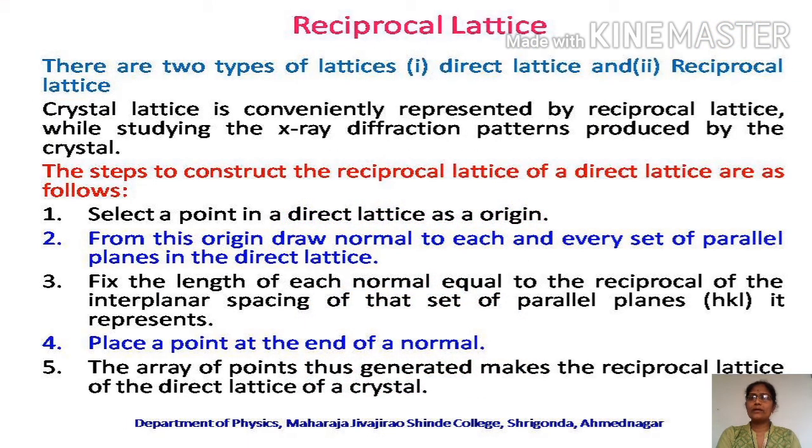As we know, in a crystal there is a regular periodic arrangement of points in space. If we draw lines passing through these atoms, then it will give us atomic planes, and these atomic planes are randomly oriented. The distance between two successive parallel atomic planes is called the interplanar distance. This is the scenario of the direct lattice.